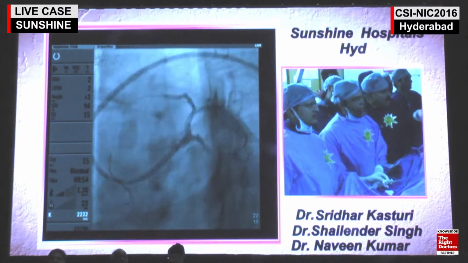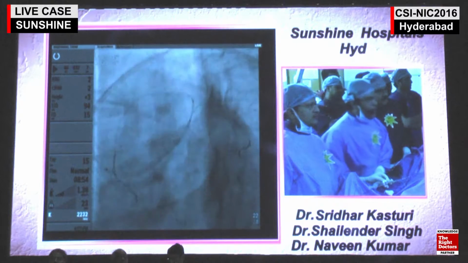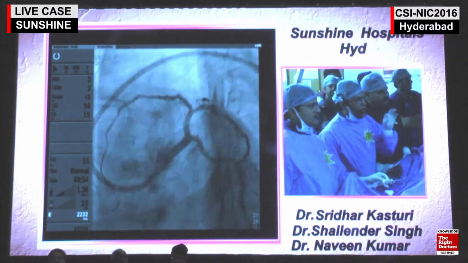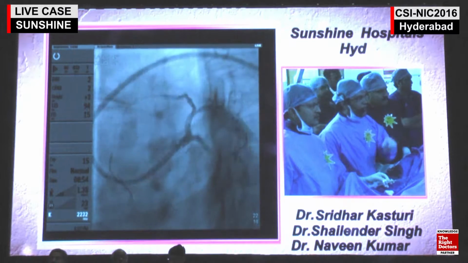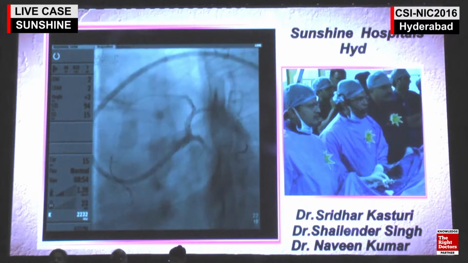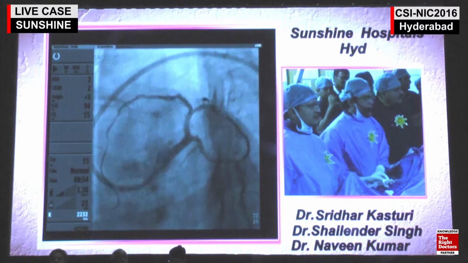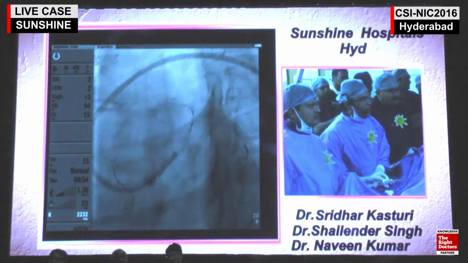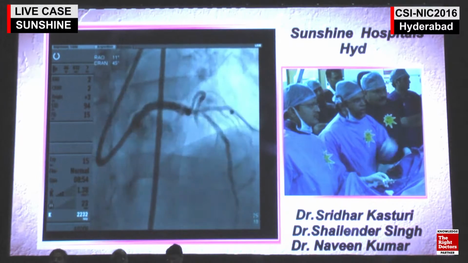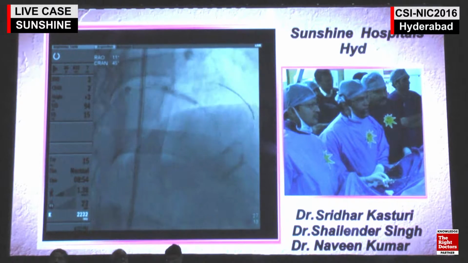At the time of implanting the BVS, we put the 3 mm balloon and inflated it. We wanted it to encroach only onto the ostium of the diagonal, so in order to avoid extension into the LED, we inflated the LED balloon and pulled back.